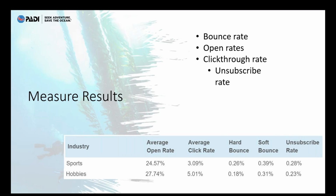You can use the unsubscribe rate in conjunction with your click-through rate to understand whether the engagement your emails are producing is positive or negative. To unsubscribe, the reader will click on a link, and this will register as a click-through. So always make sure when you're looking at your click-through rate that you also look at the unsubscribe rate. A high click-through rate might look good initially, but that could be because people are clicking on the unsubscribe link instead of the CTA. So looking at the example on the slide, the average click rate for sports is 3.09%,